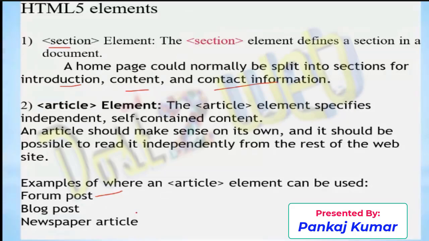You have seen on several websites blog posts where people write articles, and the content is self-descriptive. It defines the entire thing. In a newspaper, the article is a little, and when you click on more then it describes the entire element, so it doesn't depend on other elements. These places use the